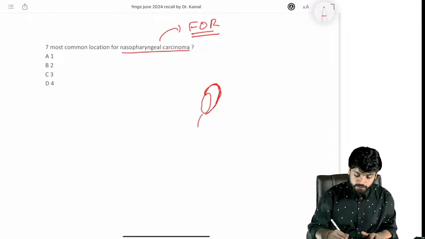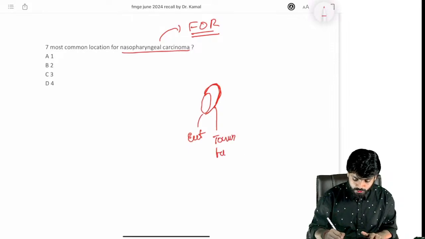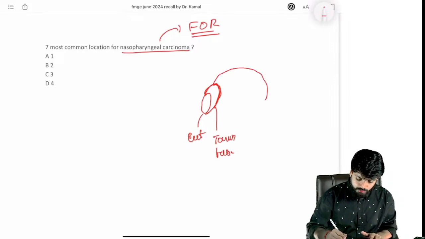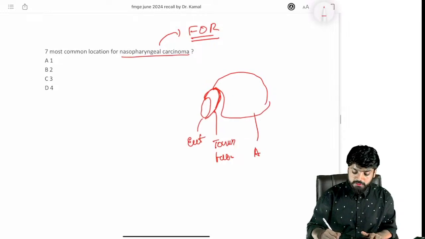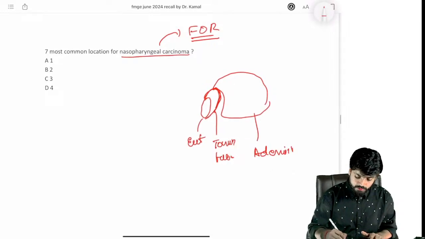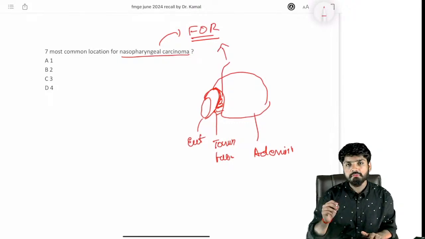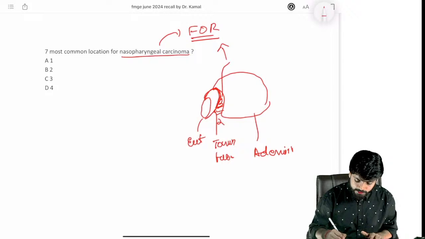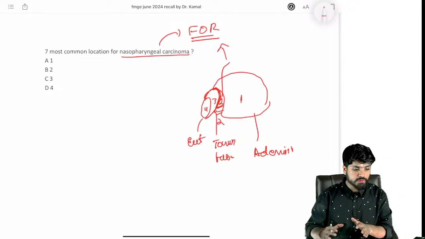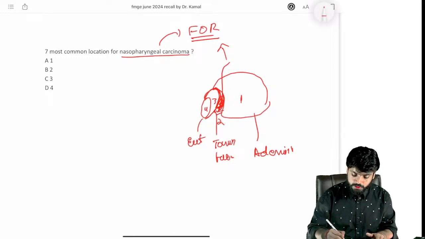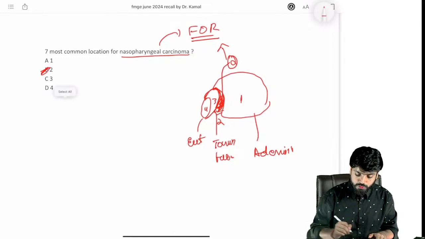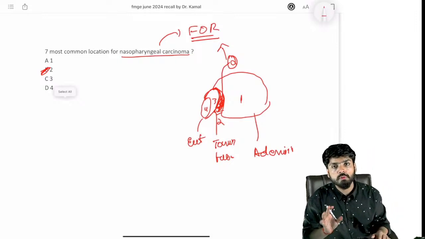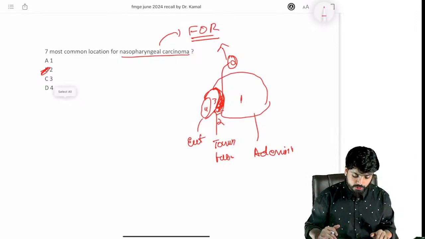This is torus tubaris, eustachian tube. This is torus tubaris, and here this big structure is adenoid itself. So this middle part is fossa of Rosenmuller. I guess the way I have seen the image was, it was labeled as 2 over here, 1 over here, 3 and 4. And the space over here in the 2, so the answer was 2. So fossa of Rosenmuller is the most common location for nasopharyngeal carcinoma.